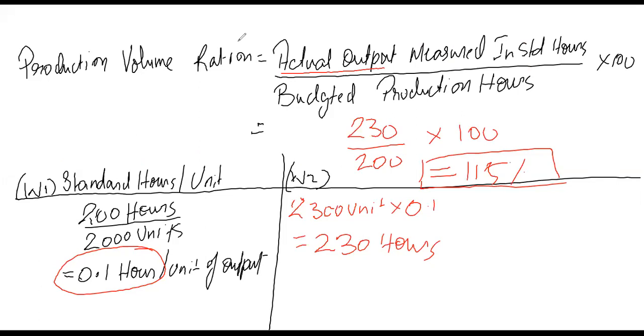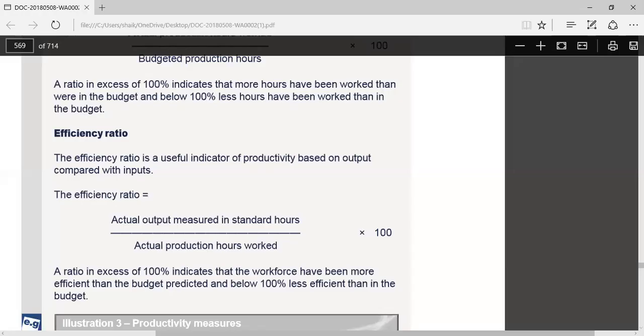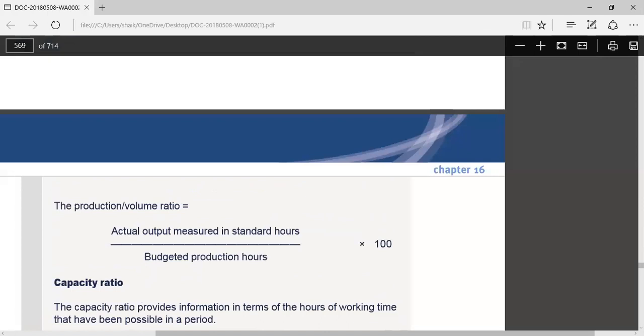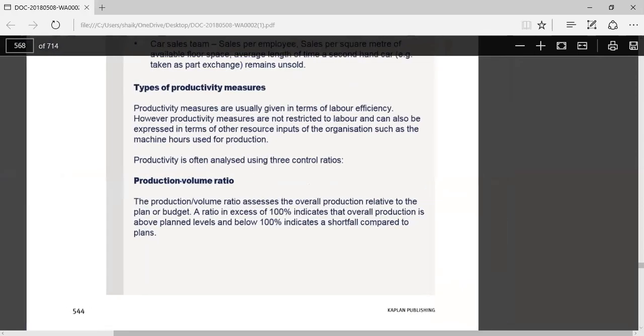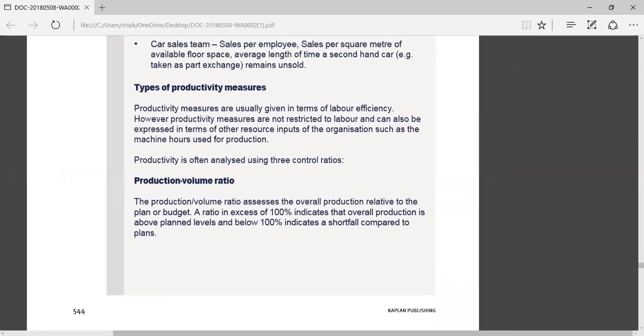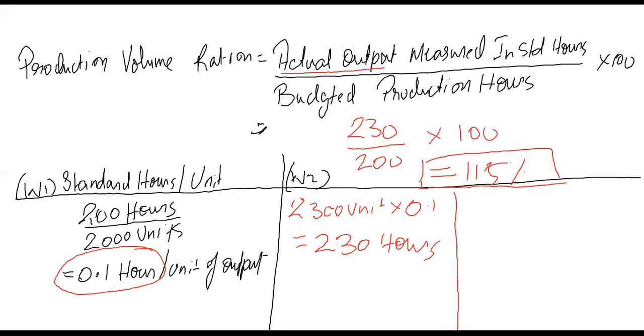See, this answer is stating above 100%, which means, now let's come back to the depiction that was stated in this particular scenario. The depiction of this ratio is the production volume ratio assesses the overall production relative to the plan or budget. A ratio in excess of 100% indicates that the overall production is above the planned, and below 100% indicates the opposite. That means that if I go back to this question, I can easily state that